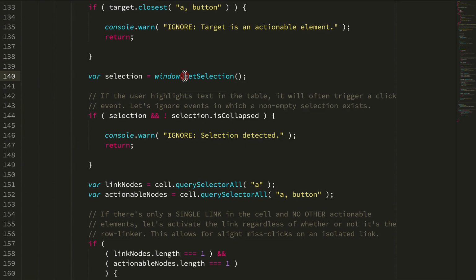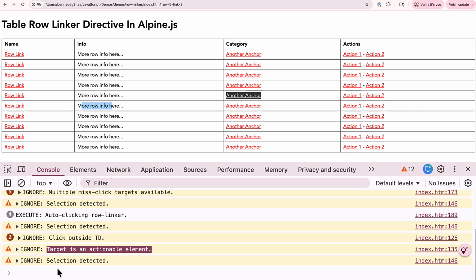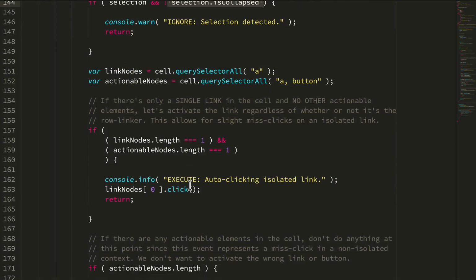If there's a selection that has not been collapsed, so if the start and the end of the selection are not the same value, then I'm going to consider a selection existing. This is very coarse-grained, meaning this could be anywhere in the document, but for my purposes, this is pretty meaningful. So you'll see here, if I highlight and that leads to a click, I'm ignoring that because a selection's detected. Continuing on,